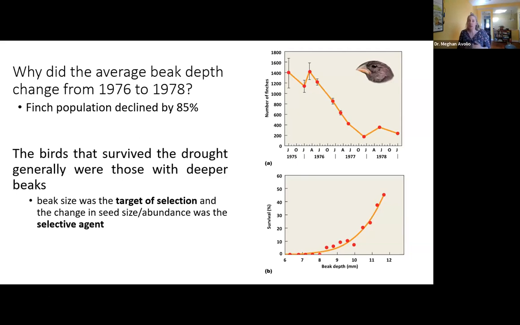And this is a really nice example of the population having the important existing variation within the population to withstand this novel climatic event. You can imagine if the population only had small-beaked birds, this population would have gone locally extinct on this island where this occurred, right? Because all these birds died. This is one example why it's so important to have genetic variation within populations.